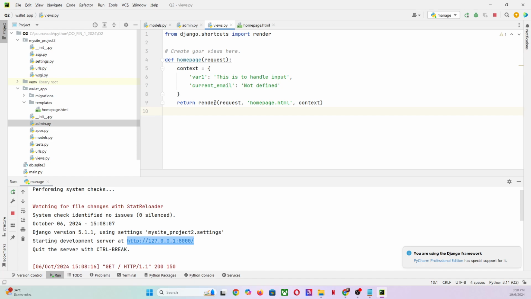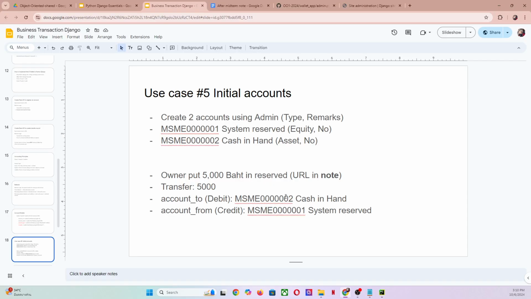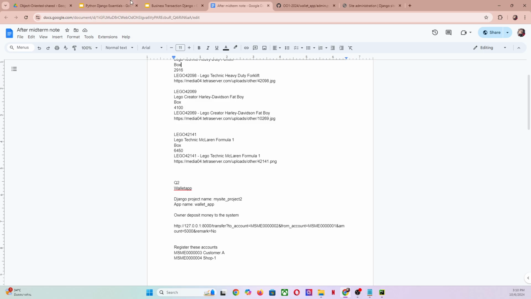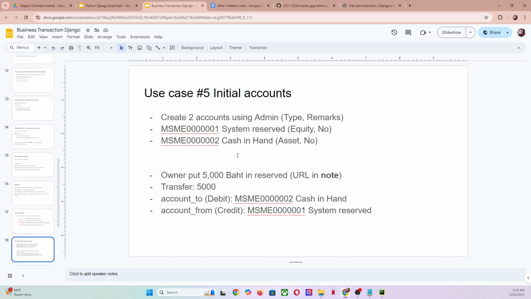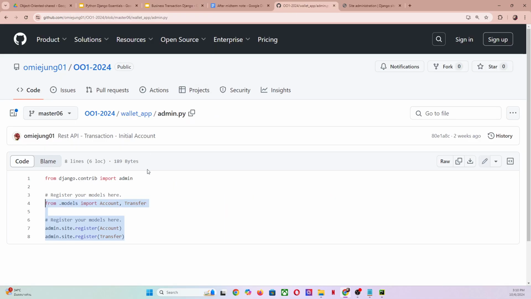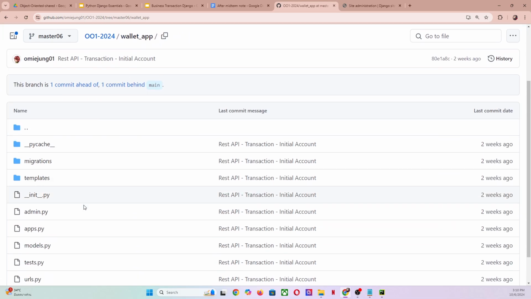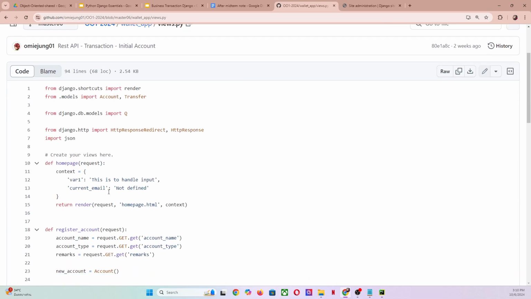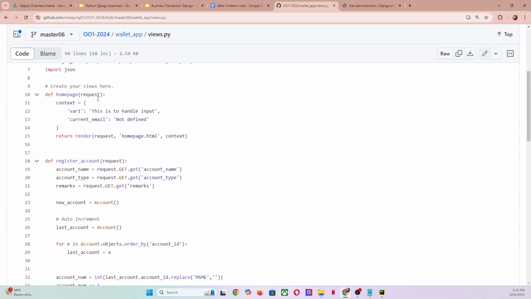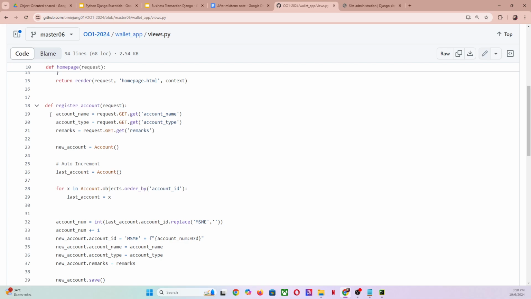In this view, we are supposed to have some business transactions that we are going to do. If you look at the code in the views, before we update this, I'll tell you: when we update the view, we need to update the URL together, ครับ. So when we set up register account, please listen carefully: we need to input the account name, account